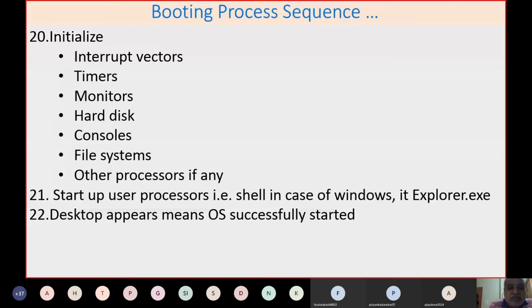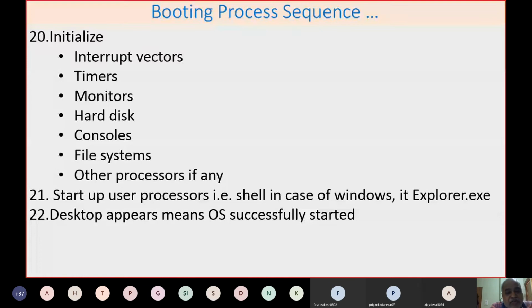Then if there are multiple processors, the other processors are also started by using this boot processor. Then after this initialization, the operating system starts the user processes.